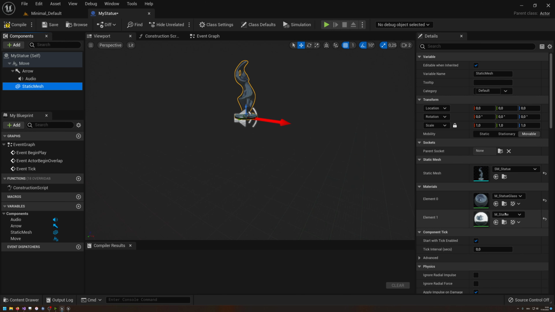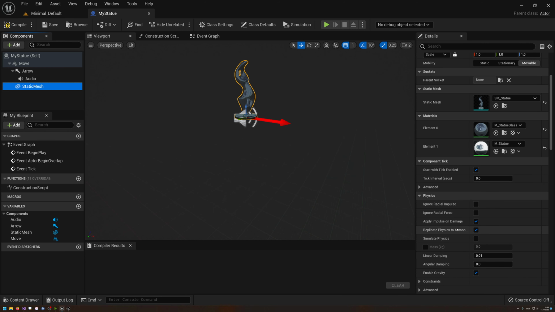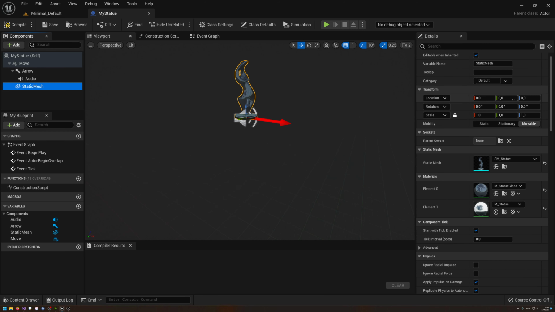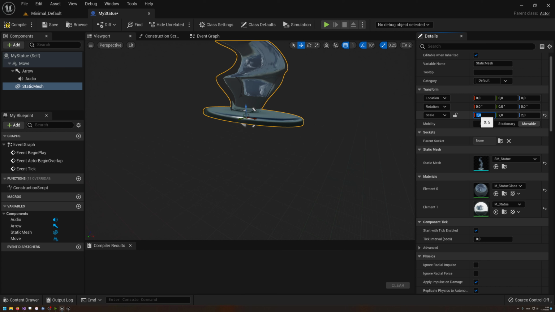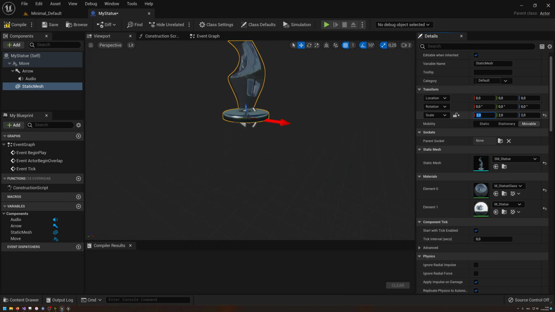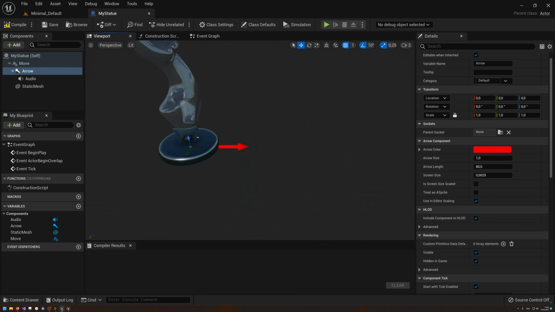Oh, the materials are already assigned. That's good. We can scale this maybe up a bit. Yeah, let's scale this up by 2. By the way, if this lock is not enabled, you basically can scale this non-uniformly, and as soon as you enable this lock here, you scale it uniformly. So let's scale this like that, make this twice as big,